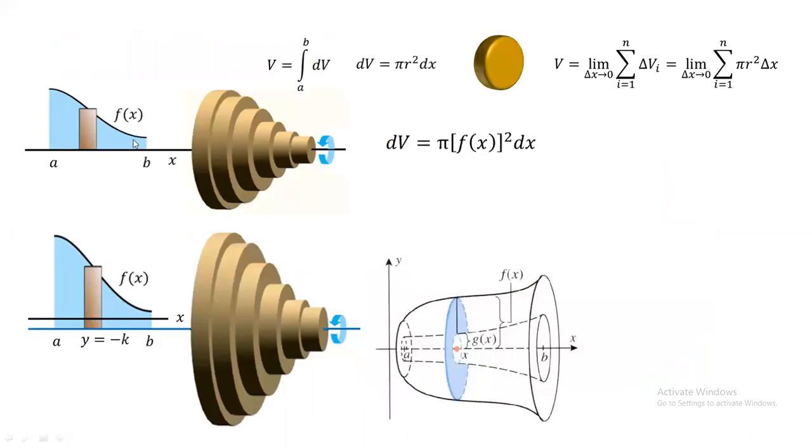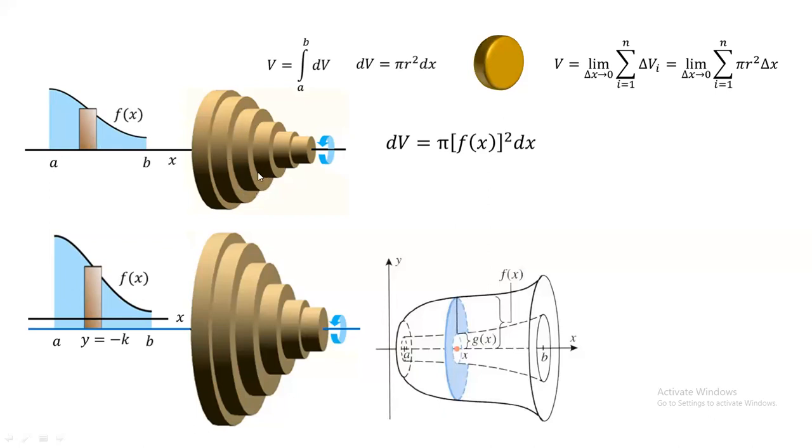Now, if this is our disc, or rather this is the area in blue that you see, and this is the chosen area that you are to rotate on this particular axis. You see in this illustration that when you rotate this particular area, you'll be forming just a single disc. So, let's say for example, this will resemble a 1 peso coin if you rotate this differential area on the x-axis. Now, if you sum up these several differential areas rotated on this axis, you'll be forming